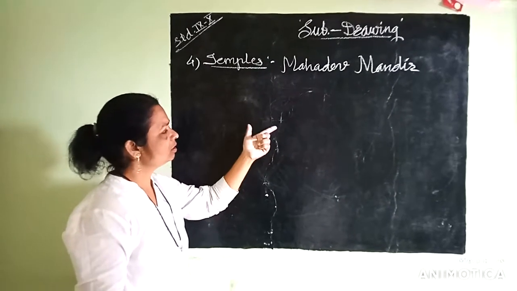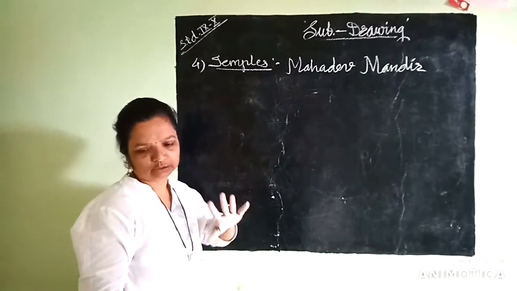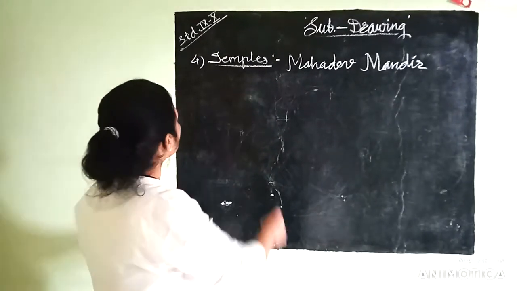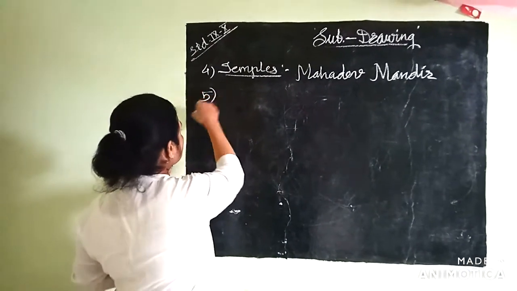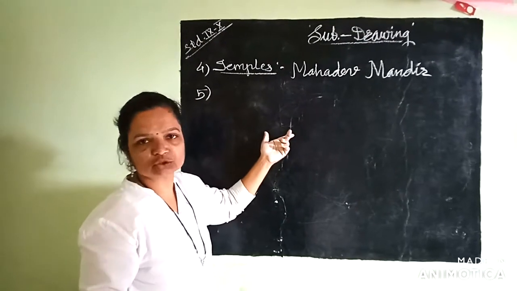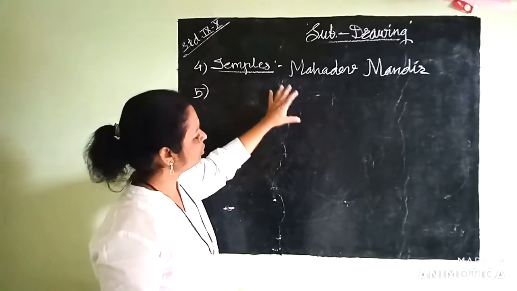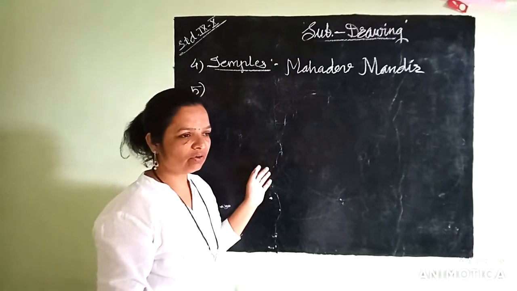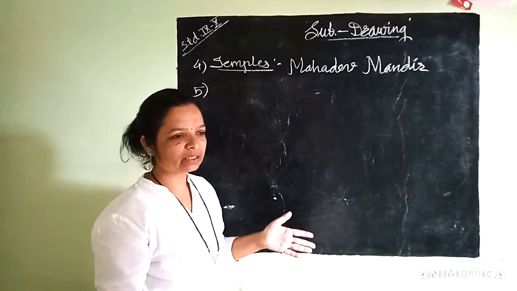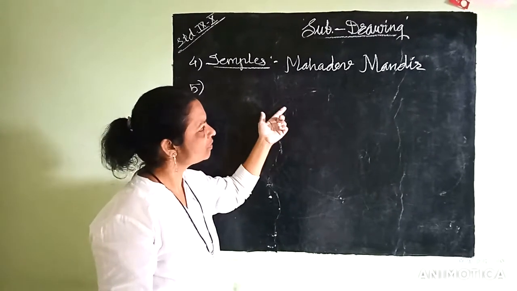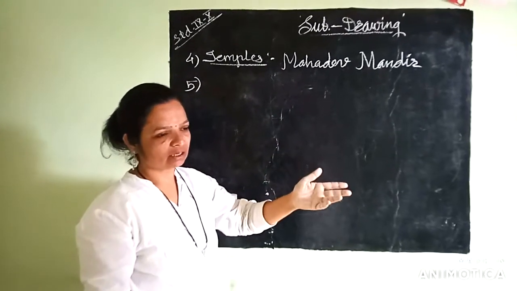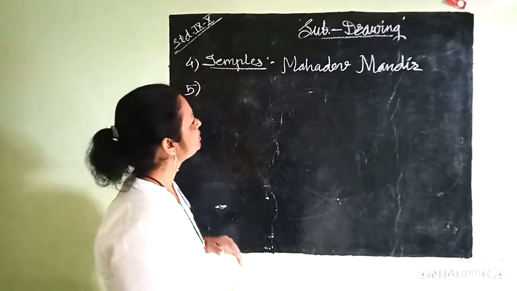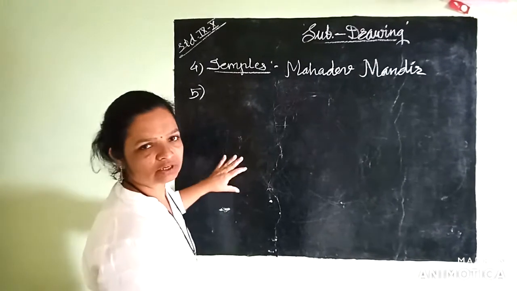So the topic depends on which temple you want to include in your project. So totally it is your choice. Why am I not giving particular names? Because we want different projects from different students. So you can read information about another temple in your friend's project. That's why choose your own topics.